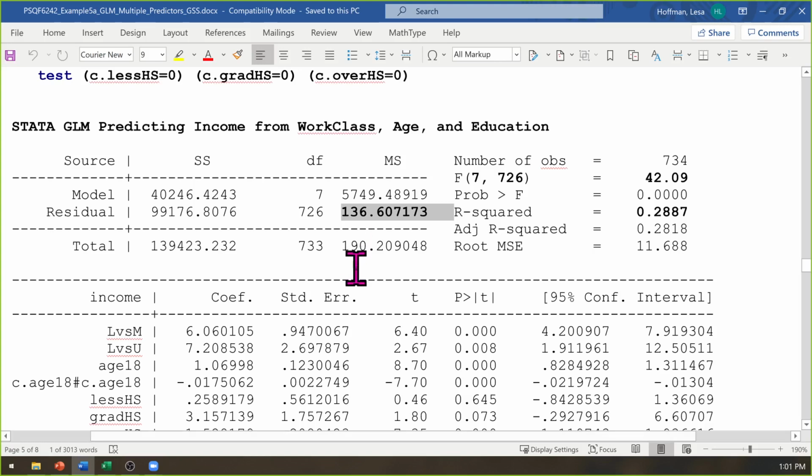I could get that from the empty model, or I could look over here at my friend R squared. So 0.29-ish, what is that telling me? Portion of variance accounted for by the model. Yeah, 29% of the variance in income is accounted for by the model. 136 is the amount that is left.